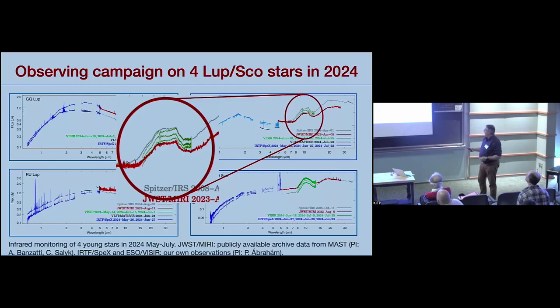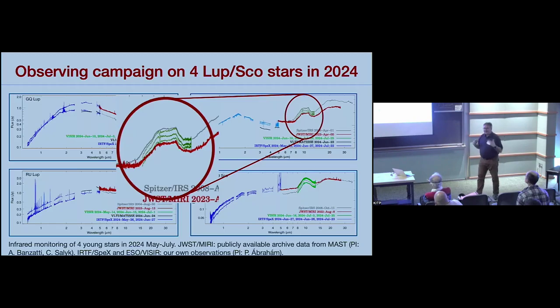But one can say that, okay, the source changed so much, faded so much from here to here in 15 years. But we had new observations with the VLTI visitor instrument, the green ones. And what we see is that we can fill the same range, which was defined in 15 years by the 2 instruments. Our observations fill the same range in just about 6 weeks. So the time scale is not 15 years, it's just a few weeks, which causes this variability.